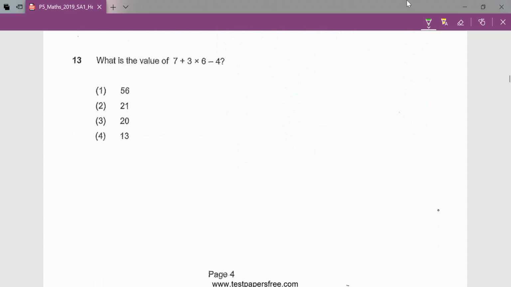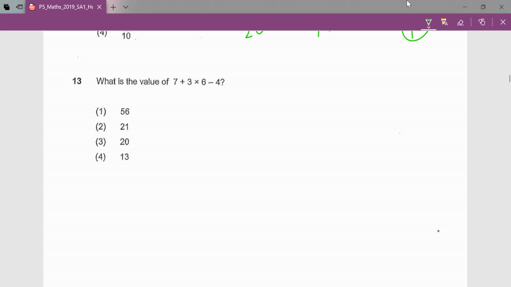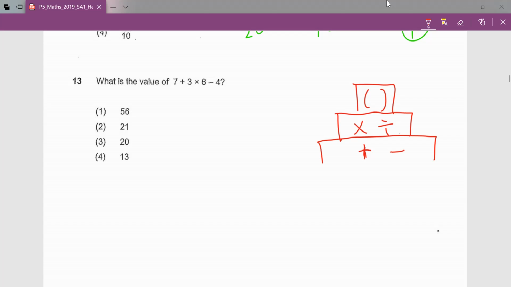What is the value of 7 plus 3 times 6 minus 4? This is testing you on the order of operations, which is basically to jog your memory. The very first tier should be your brackets. It's like a cake, okay? Second tier is your times and divide, not in any order, except for left to right. Then the third tier is your plus and your minus, again from left to right. Okay, they are equal in the sense of priority, except for the